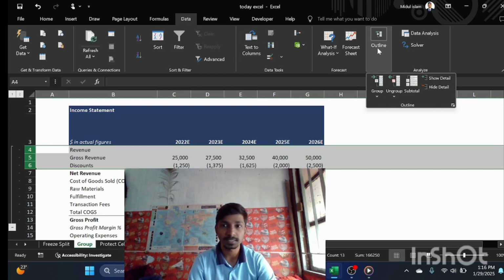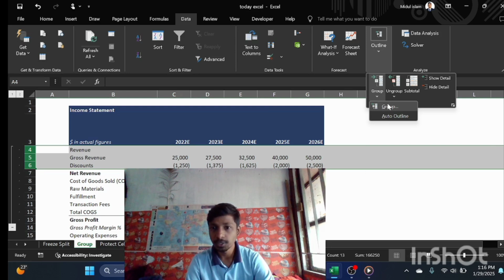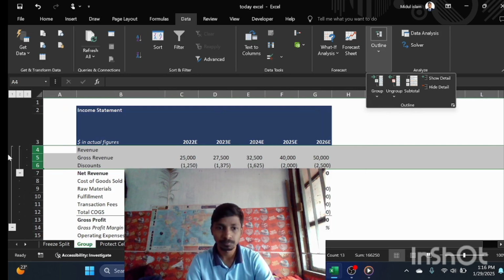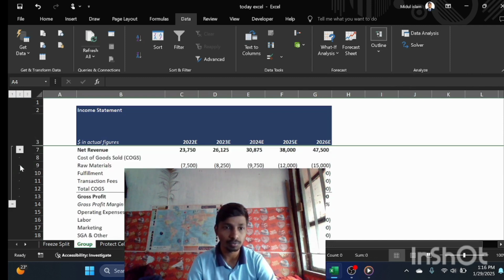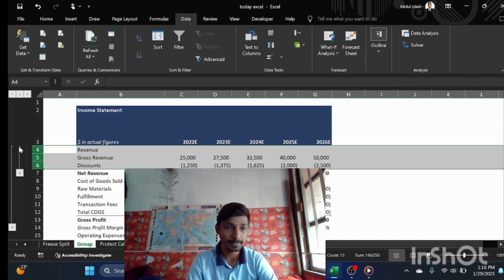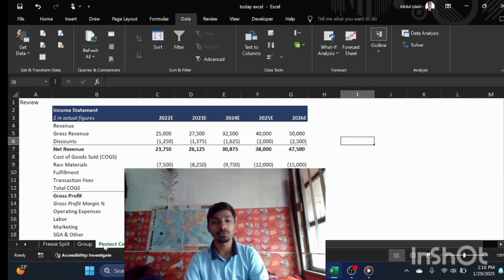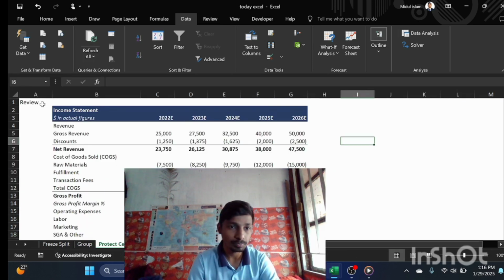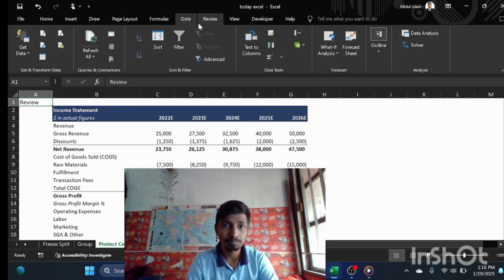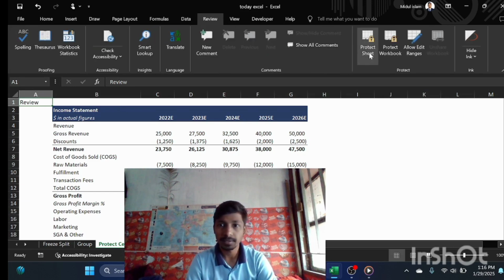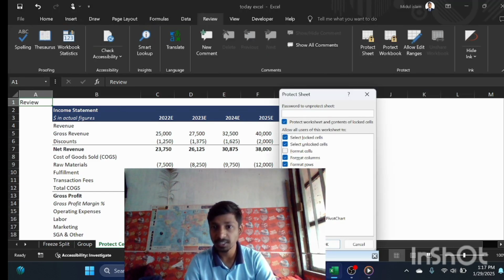select the Data button, and then Outline, and then Group Data, and then Group, and show the group data, and the hide, and this is the group, and show the group data, and then we show the protect cell. Then we select Review, and then we protect cell,